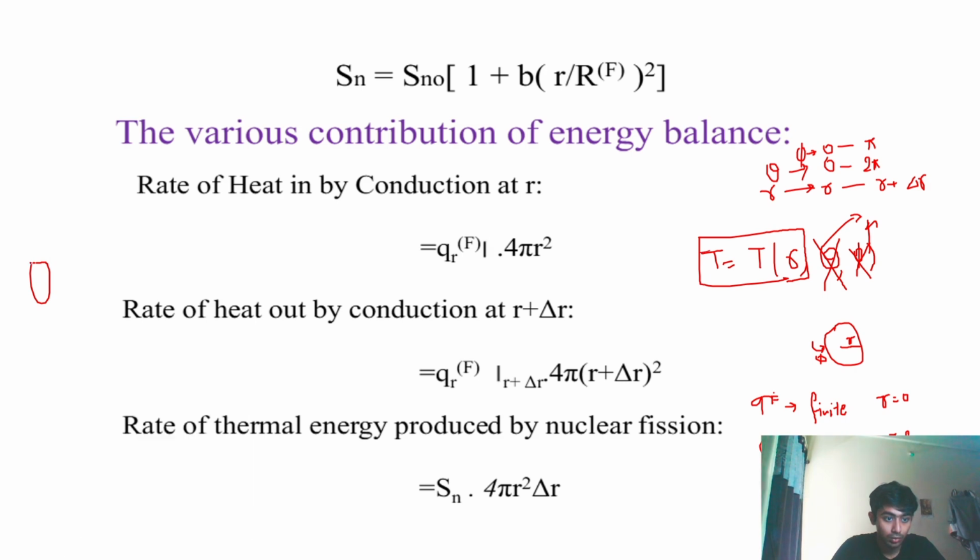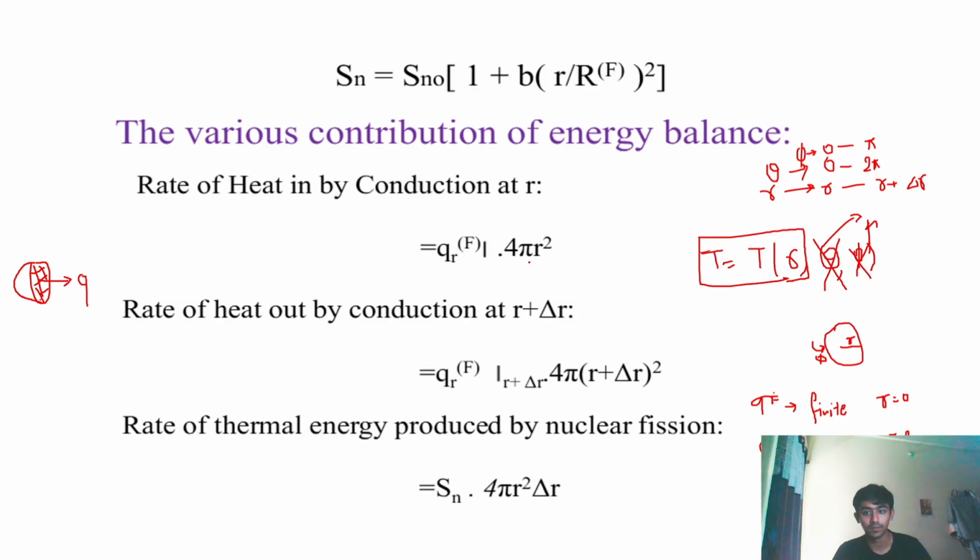If we consider two hemispherical globes like there, the flux will be in this region Q, and we will take the perpendicular area. So this area, what I have marked here, will be 4 pi r square. So the flux into area, we are taking the rate. Why are we taking the rate? Because the flux depends on that area, and the area will be changing for the spherical coordinate system. So the heat rate generated at that r will be qf into 4 pi r square,